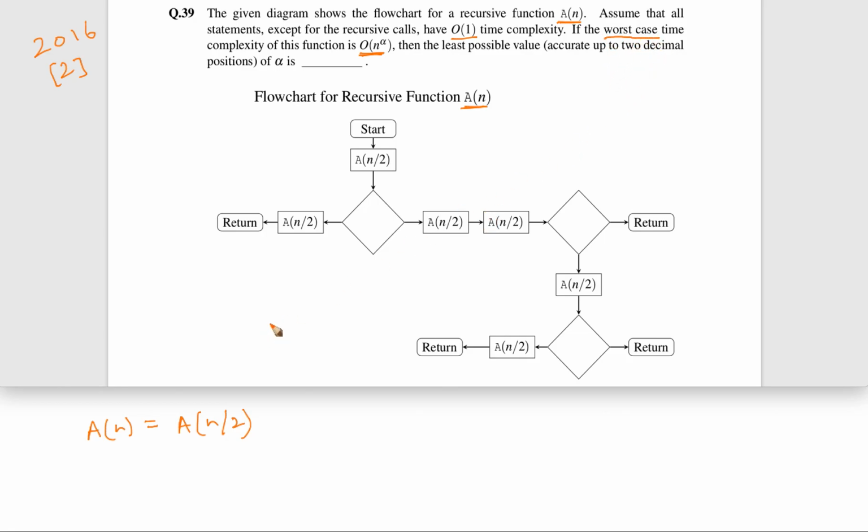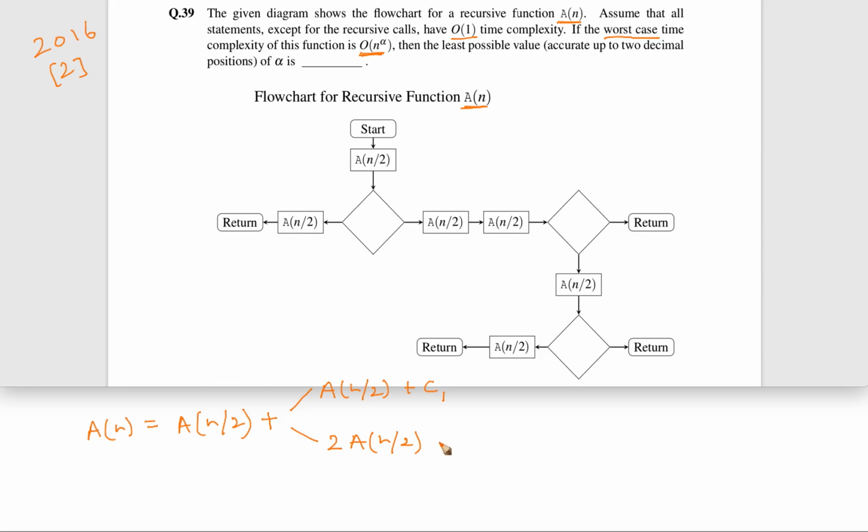So anyways, we can see here that there is A(n/2) here, and here we are having 2A(n/2). So obviously this branch is going to be more costly, but for the sake of it, just write the entire branch, and then we will figure out which branch is the most costly. So one branch is simply A(n/2), another branch is just going to have A(n/2) plus some constant, and another branch is going to have 2A(n/2)